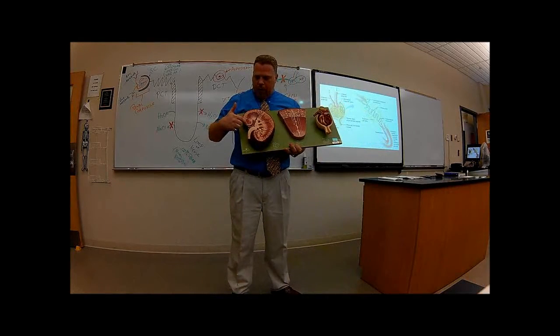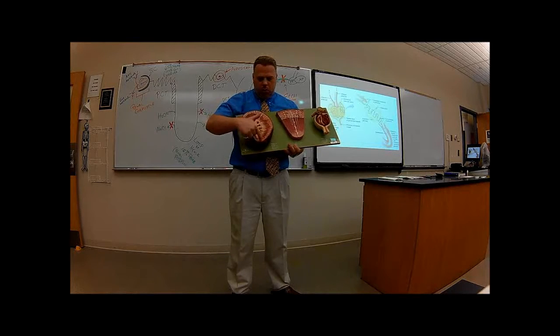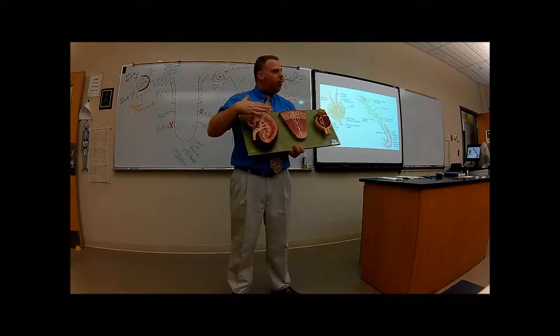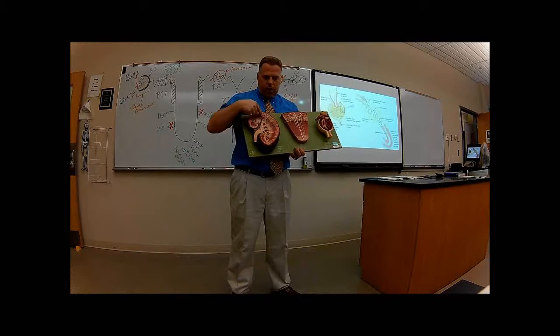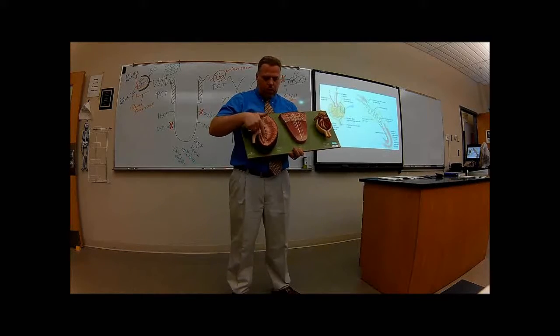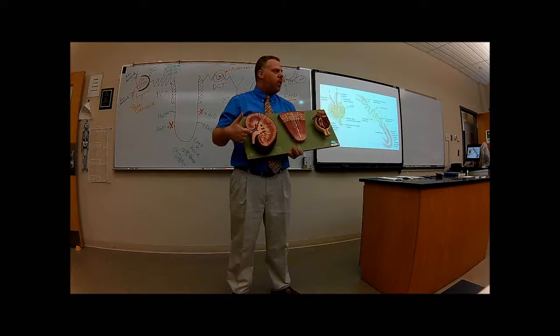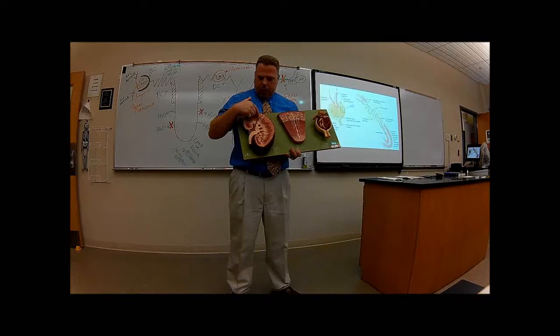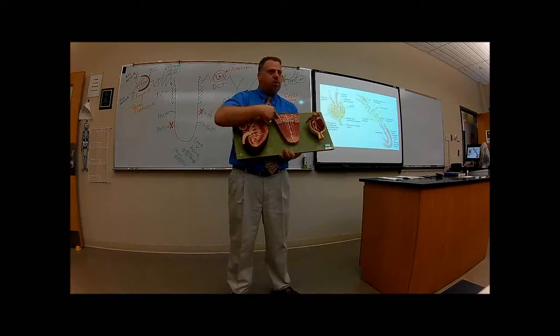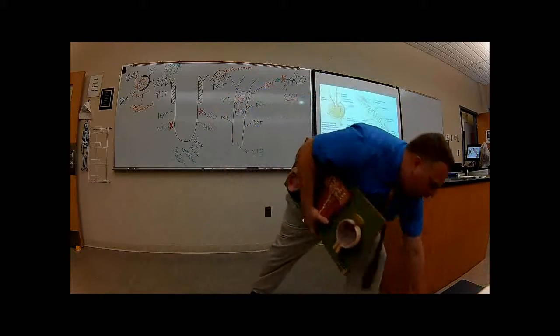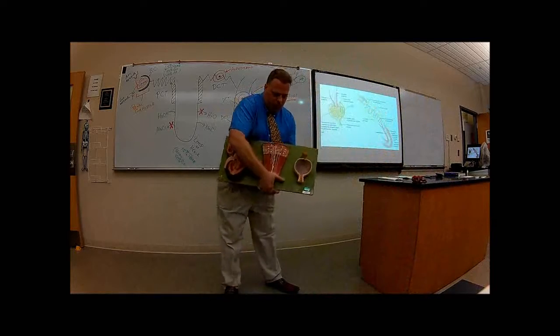Okay, you can see this is the coronal cut of the kidney. You can see the cortex. You can see the medulla. You'll see the renal pyramids, the calyxes here, minor and major, the pelvis, and you can see the ureter. If we get a close-up of this section here, that's what this is here. I got it, thanks. So what you got over here